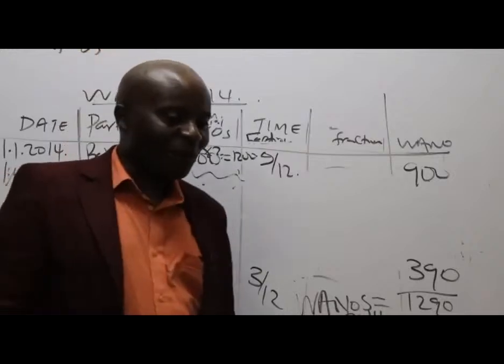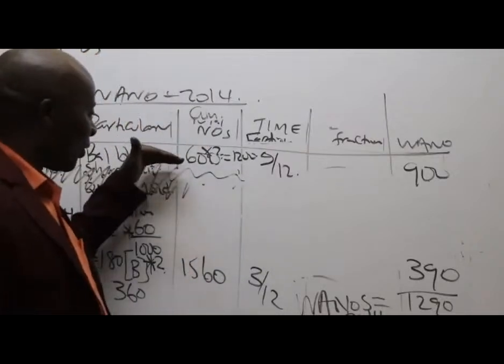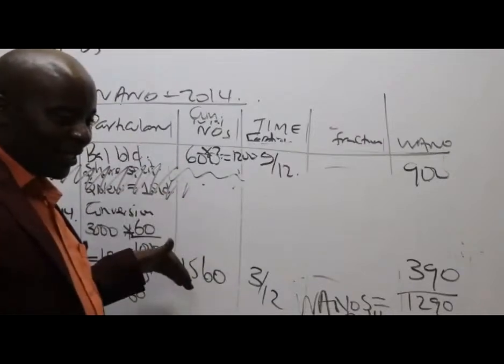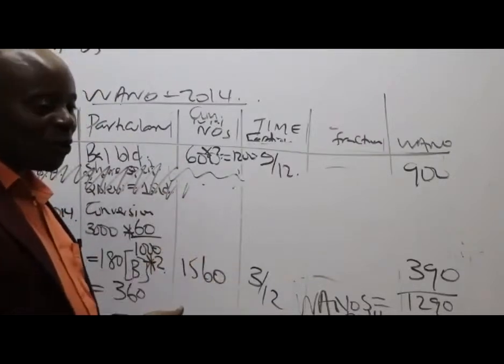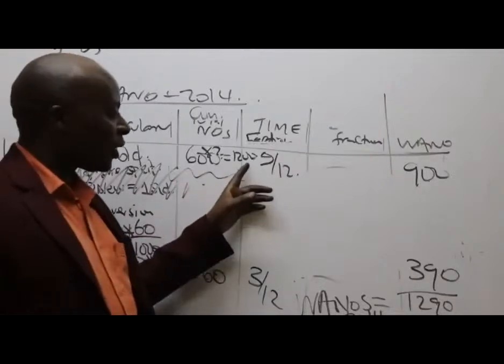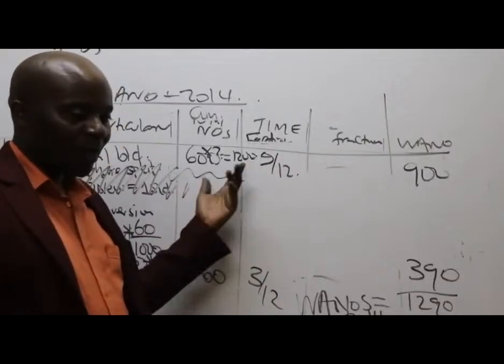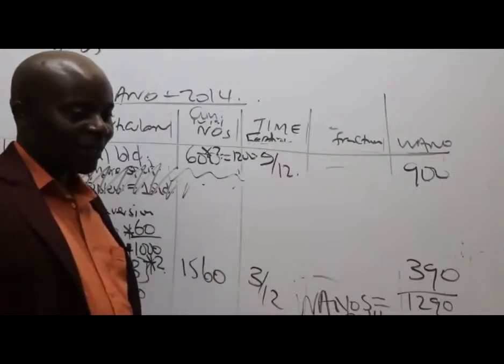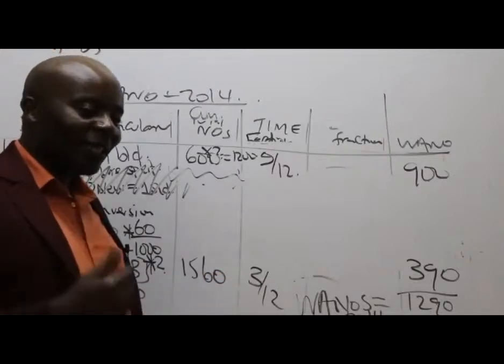Why 9 over 12? Because of the time difference between this one and this one. I know, ladies and gentlemen, there are those of you who will be doing like these shares. We stayed with them for 12 months, like 12 over 12. And then this one, right? But at the end of the day,